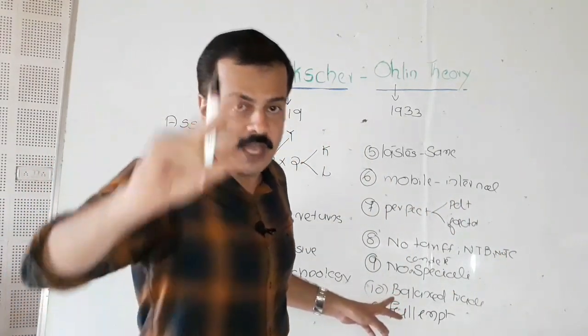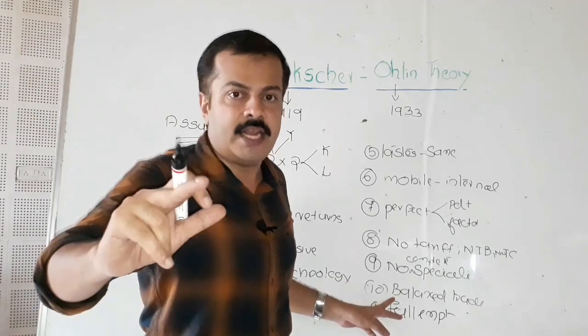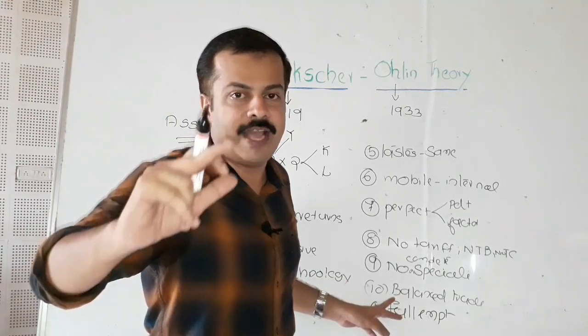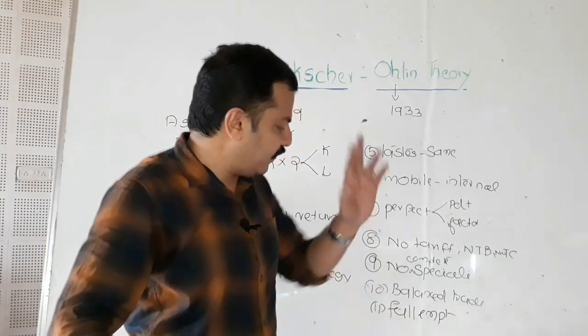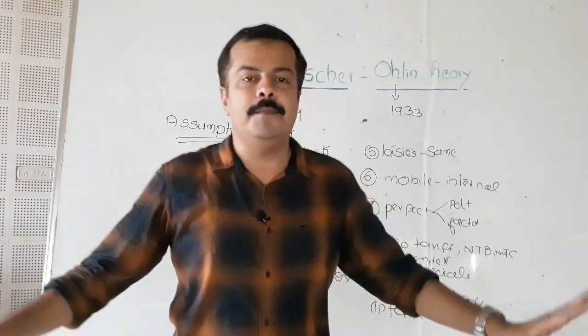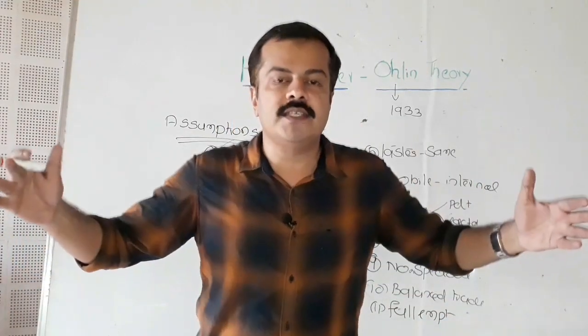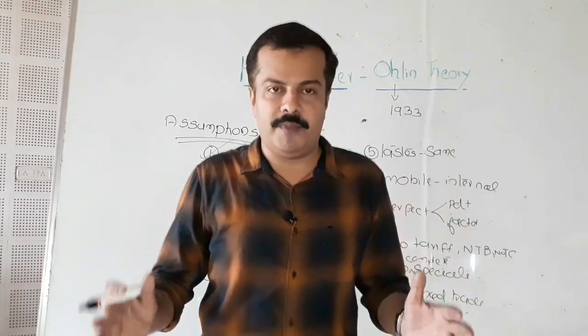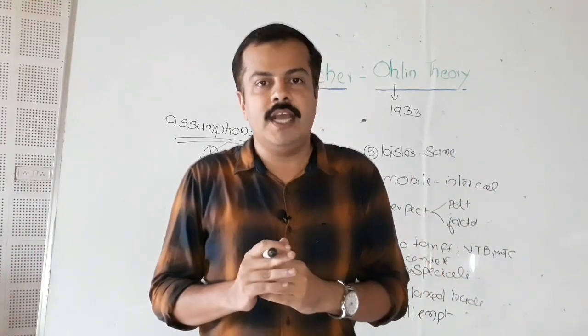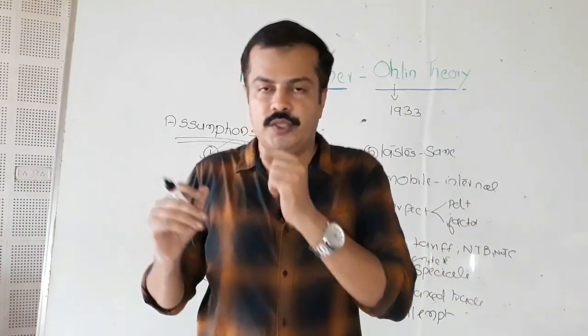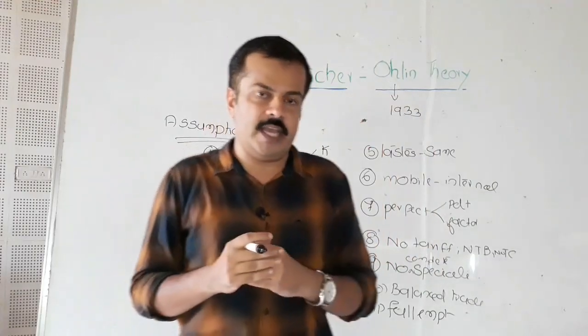To start with, we have a balanced trade in the sense that the value of export is equal to the value of import in both the countries, and the final assumption of the model is that both countries are assumed to be having full employment. There are no unemployed resources as far as country 1 and country 2 are concerned. So these are the assumptions of the Heckscher-Ohlin model.